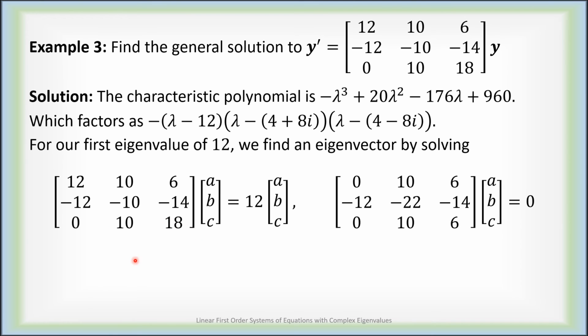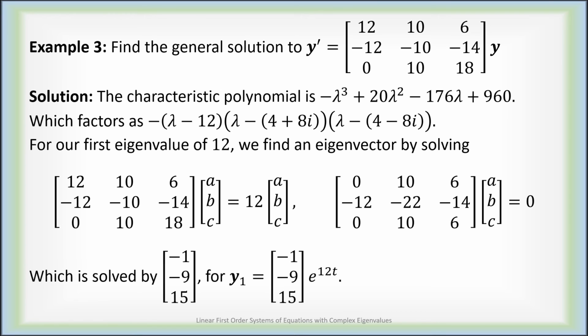We can set up A times unknown equals 12 times unknown. Alternately, A minus 12I times unknown equals 0. And if we do A minus 12I, we just need to subtract 12 off the diagonal, converting this to 0, minus 22, and 6. 0, minus 22, and 6. Either way, we just need to find a non-zero solution. A possible non-zero solution is given by the column -1, -9, 15, and this generates a term of our general solution of the form -1, -9, 15, e to the 12t,